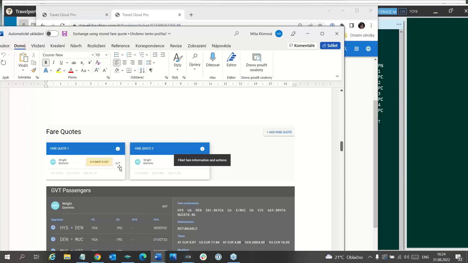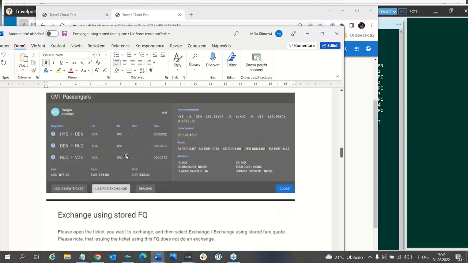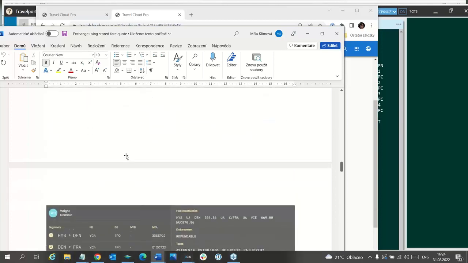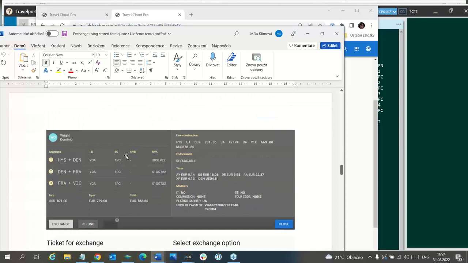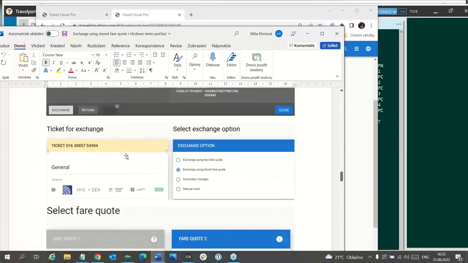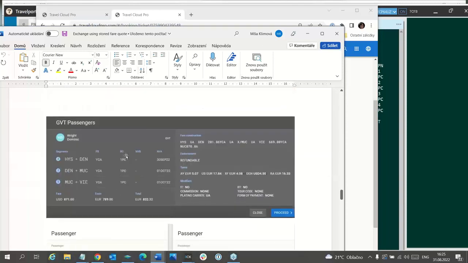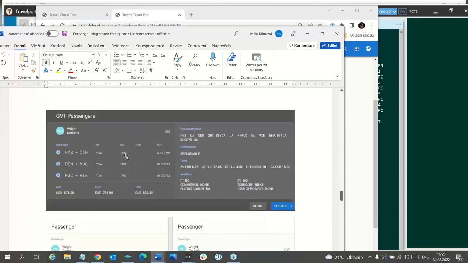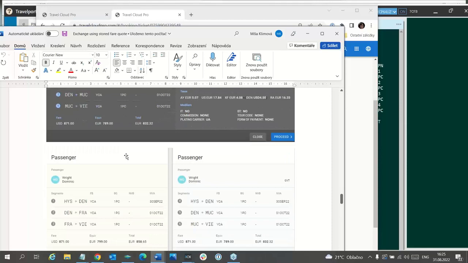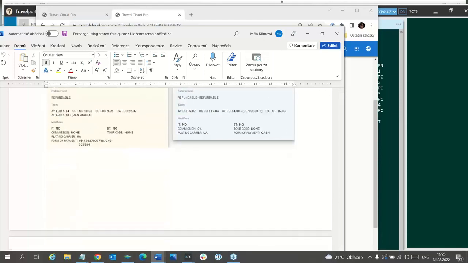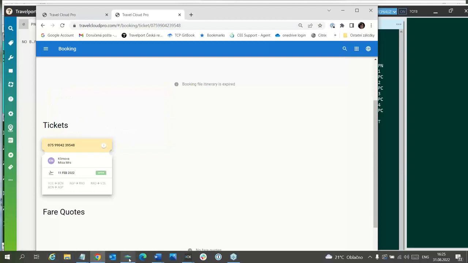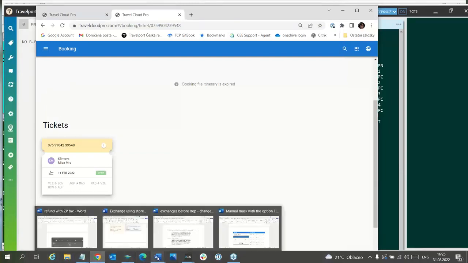And you can see that just now passenger type code GVT was used. But it is not the answer to your question because this is not correct. So some other PNR I have to find.